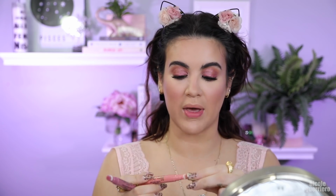I like that. So I'm gonna put a little bit of the peach one on top just so we have the same color combo going. So these are diffused matte shades. Remember that. It does feel really nice on my lip, even though it is matte. Smells so good. And then on top of it, because I like a little bit of gloss to the lip,